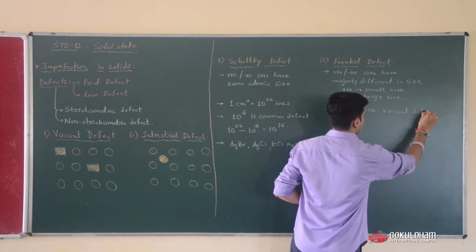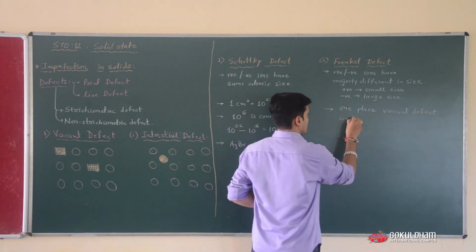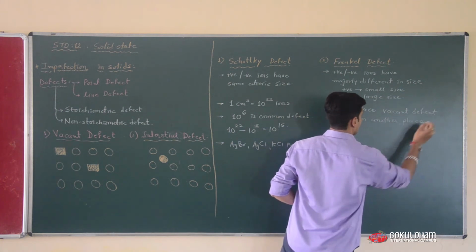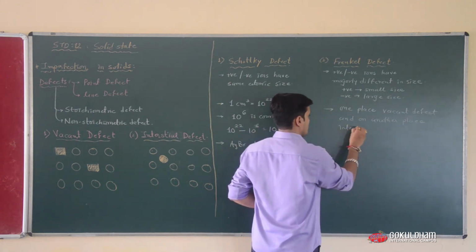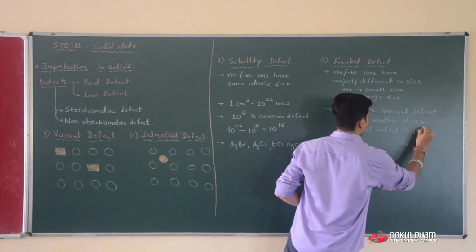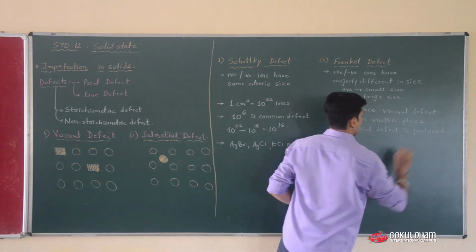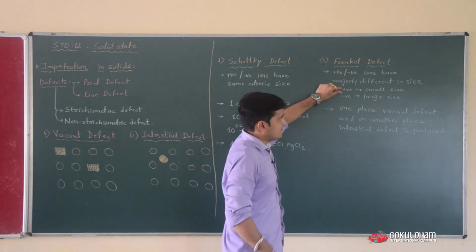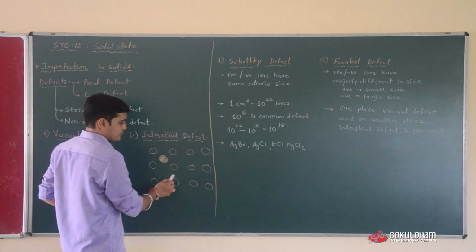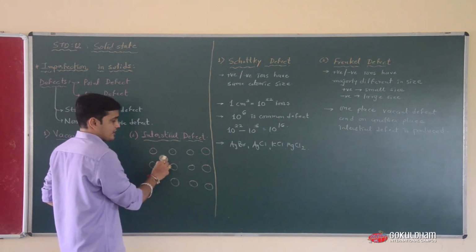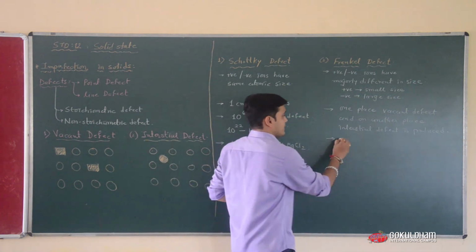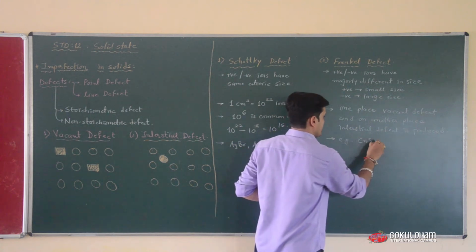a vacant defect is generated, and on another place an interstitial defect is produced, because the small size positive ion will travel through this vacant space and arrange at random places. And this Frankel defect, the example is ZnS,